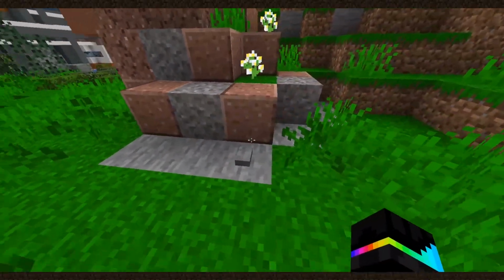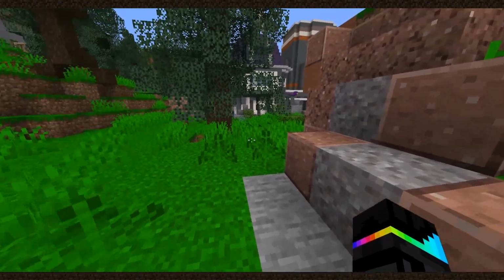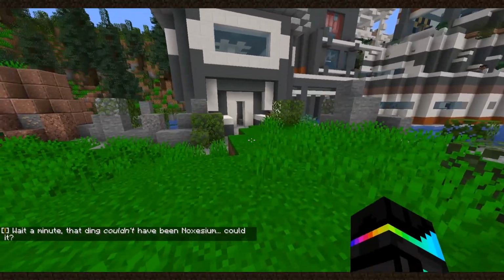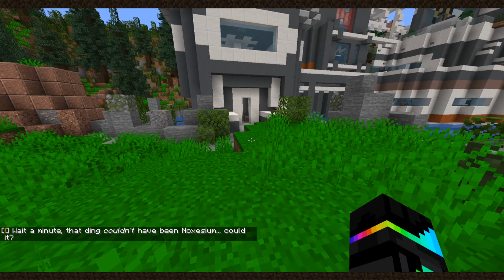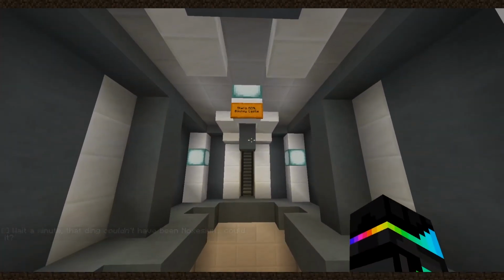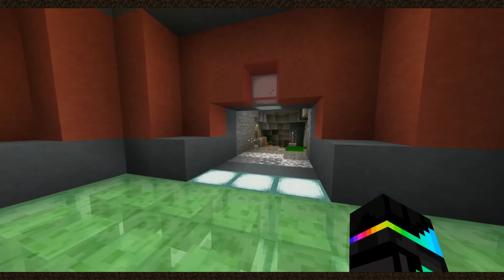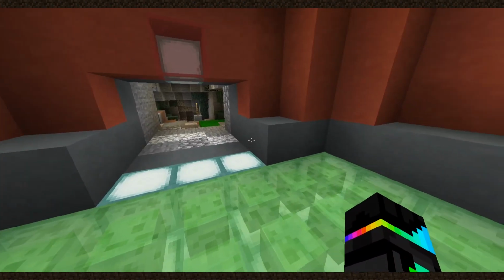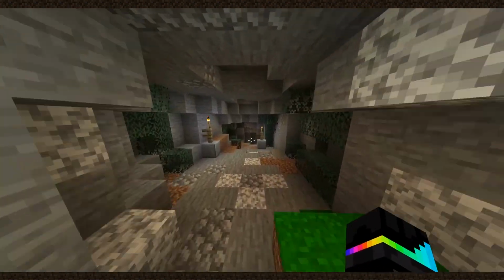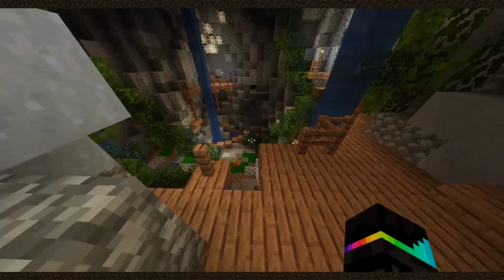So you will push this final button here, and you will hear a noise. A chat message will appear saying there has been a Noxesium ding, and you will go down the stairs to the bouncy castle, and the very bottom of it has a new surprise. There is a gap open here that is not normally open, and this leads to the Nox Crew's